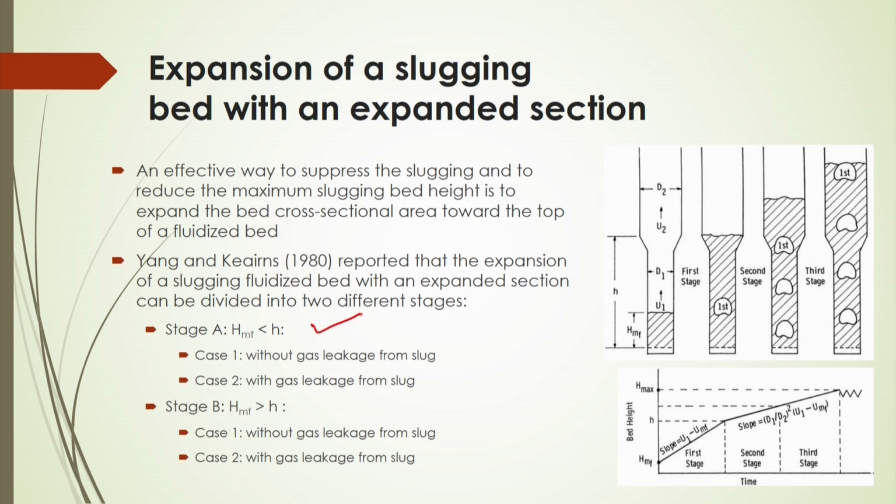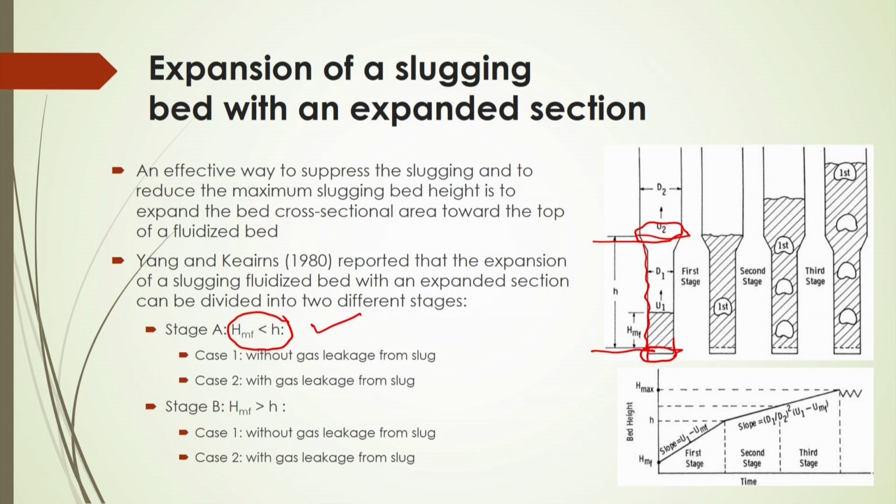So, Young and Keynes 1980 reported that the expansion of a slugging fluidized bed with an expanded section can be divided into two different stages. Here, this one is one section of the fluidized bed and this is the expansion section. In stage A, HMF, the minimum height, is less than H. This H is nothing but the height of